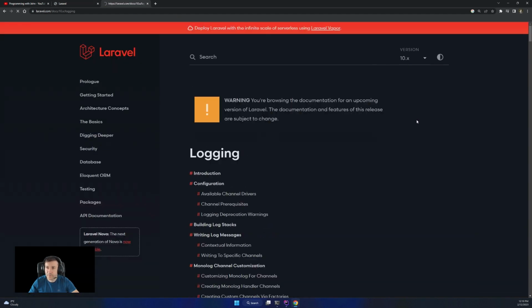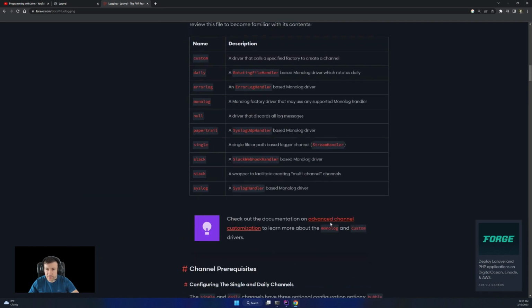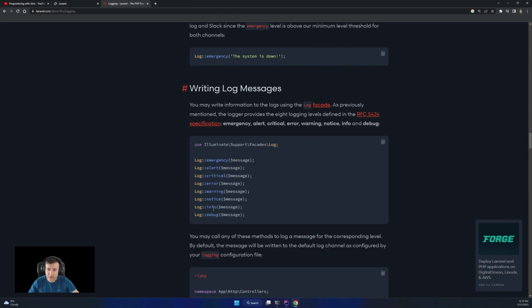Okay, there are a lot of levels. Let me get to the levels. So: debug, info, notice, and warning. These are the ones we want to be separated, because they mean the application will still work; it's just information. For any of the others, we want them separated, because that means something is wrong with our application and we need to figure it out and fix it.